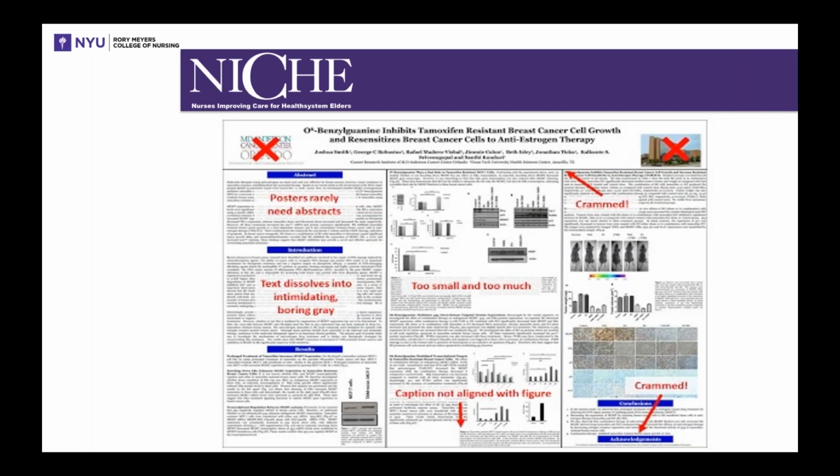So if you look at this example of a poster, the problem with this is it's too cramped, it's too tiny. You really can't see, everything is all cramped together. There's a small space that's got 7 graphs in it. You want one graph that represents your main things in a space like that, or maybe 2, but certainly not 7.